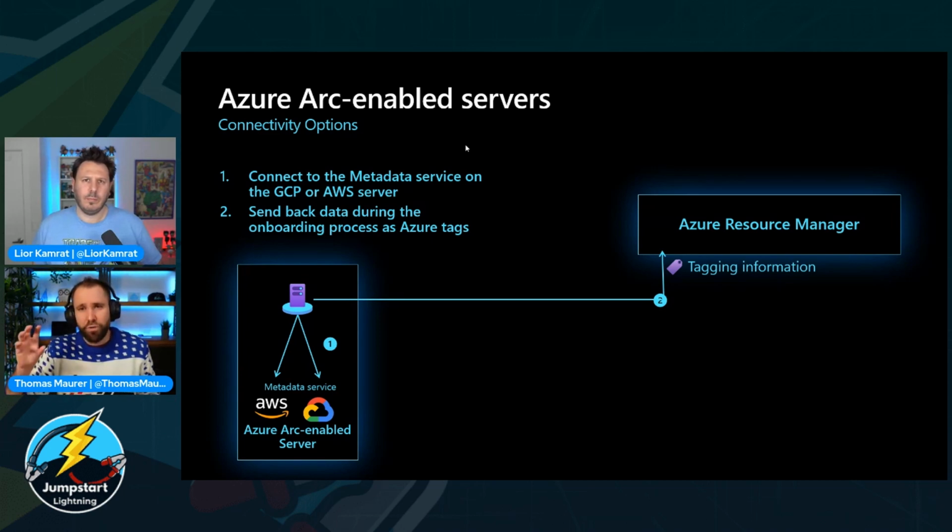So we are actually going to do the following. While we are onboarding the Azure Arc agent on the machine itself, like a machine running in AWS or GCP, we're going to use their metadata service, which is basically a REST API. We have the same thing, by the way, for Azure VMs, where you can get some additional information, such as what's the instance name, in which region, for example, is this server running, right? And so this is all information we can gather from that metadata service.